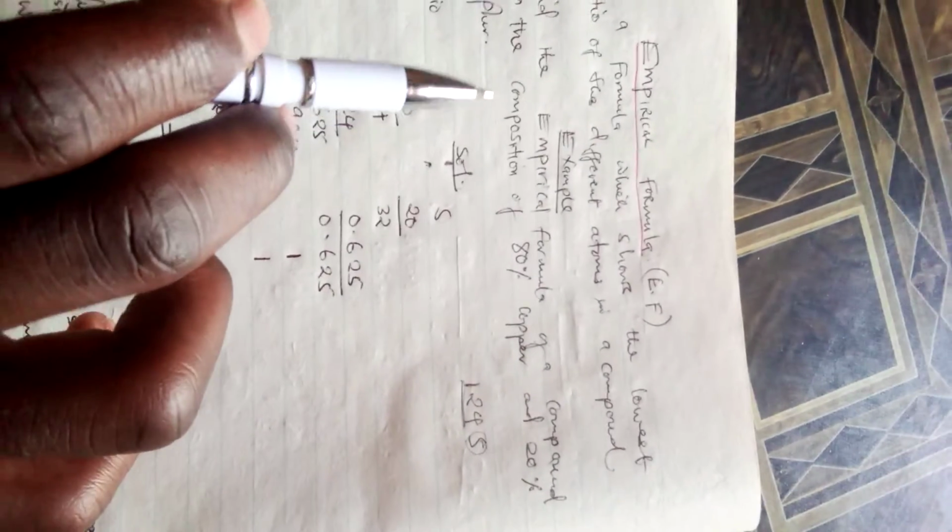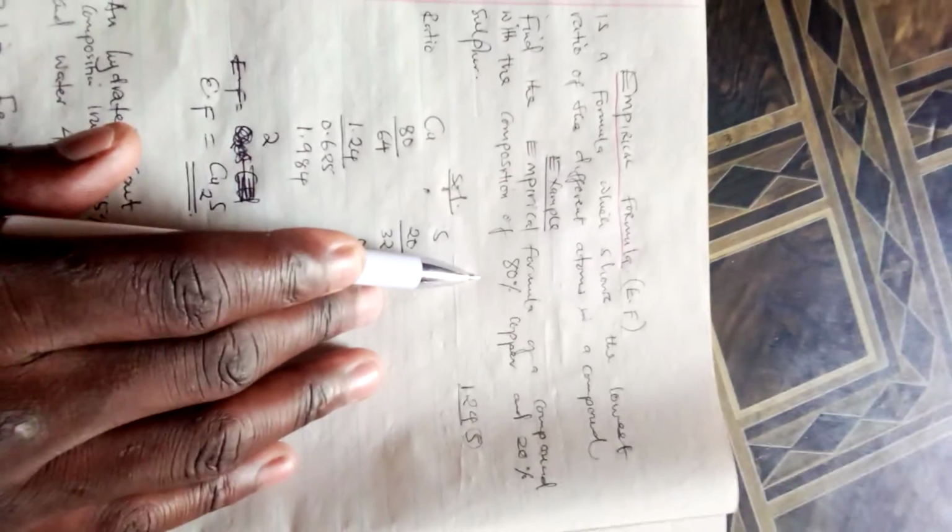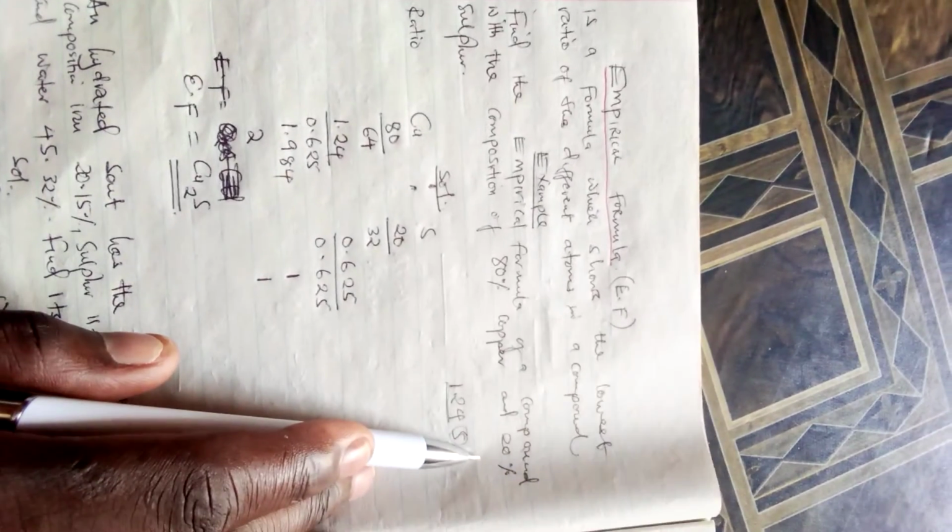Let's go to empirical formula. When we are talking about empirical formula, we are talking about the lowest ratio of the different atoms in a compound. So you look at each element in a compound and how many atoms there are. The example that we have is: find the empirical formula of a compound with composition 80% copper and 20%